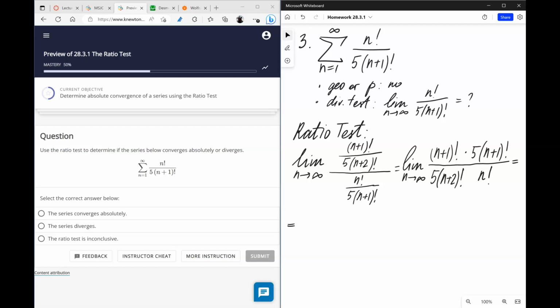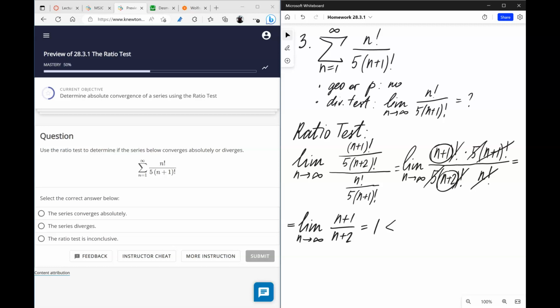But let's see. So n factorial and n plus 1 factorial can be simplified like this. We have n plus 1 left. N plus 1 factorial and n plus 2 factorial can be simplified like this, so we have n plus 2 left. 5 and 5 are gone, so we have the limit of n plus 1 over n plus 2, which is just 1, which is less than,